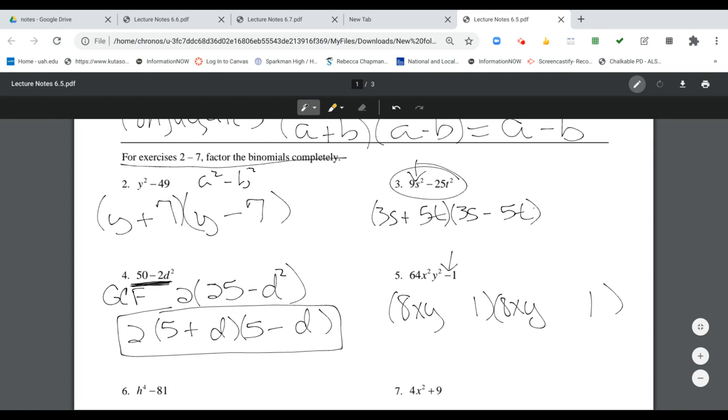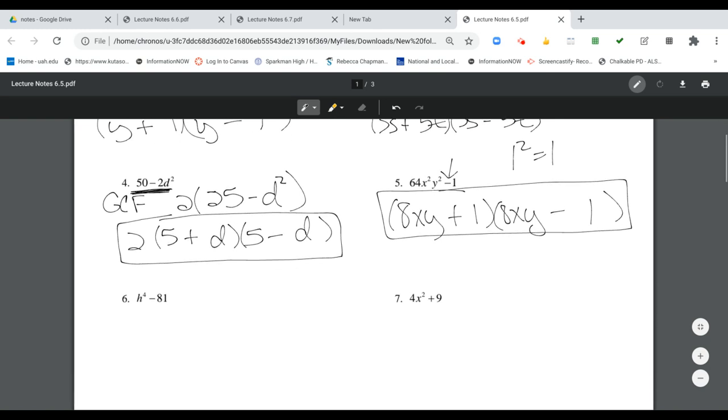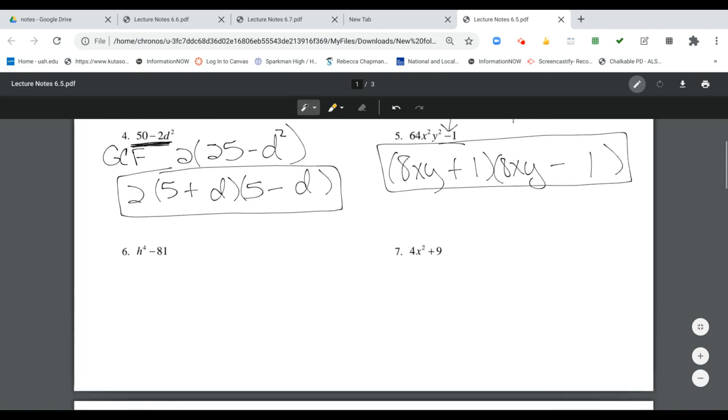1 is a perfect square. 1 squared is 1, so it is considered perfect. I need 1 plus and 1 minus, and that would be my final conjugate factors for that difference of squares. Now, number 6 is special, so put an asterisk by it, because in this one,